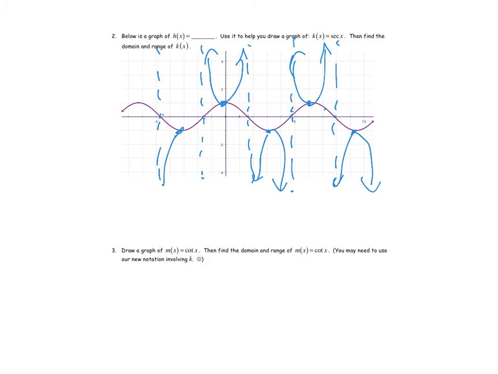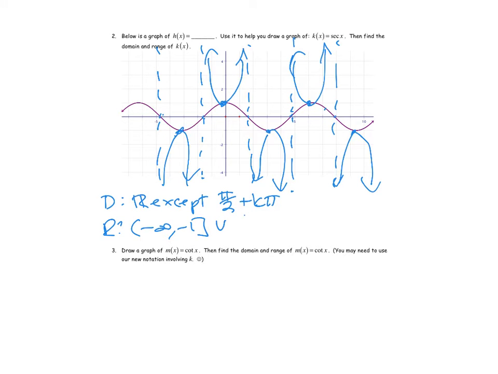So now let's talk about the domain and range here. The domain is all reals except, well, the first time it's going to be undefined is pi/2. So except pi/2 plus k pi, because again, it gets undefined at 3pi/2 and so on. Whereas the range is the same as the range of cosecant. So -infinity to -1 inclusive, union 1 to infinity. Okay, so now let's check out